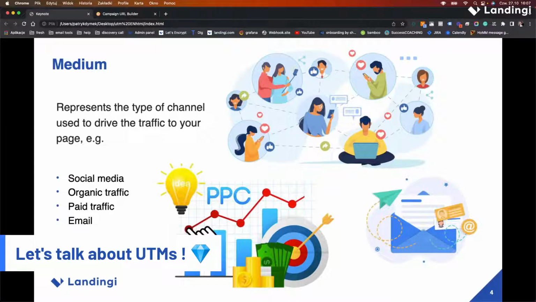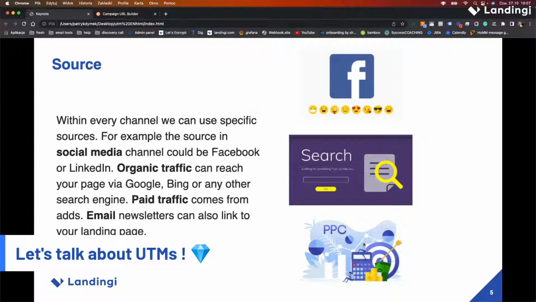Next thing is a source, the UTM source parameter, which actually narrows down the traffic channel to a detailed source, as the name explains. For social media, it could be Facebook or LinkedIn or Instagram. For organic traffic, it could be one of the search engines. I'm saying Google automatically because I believe the majority is using it.